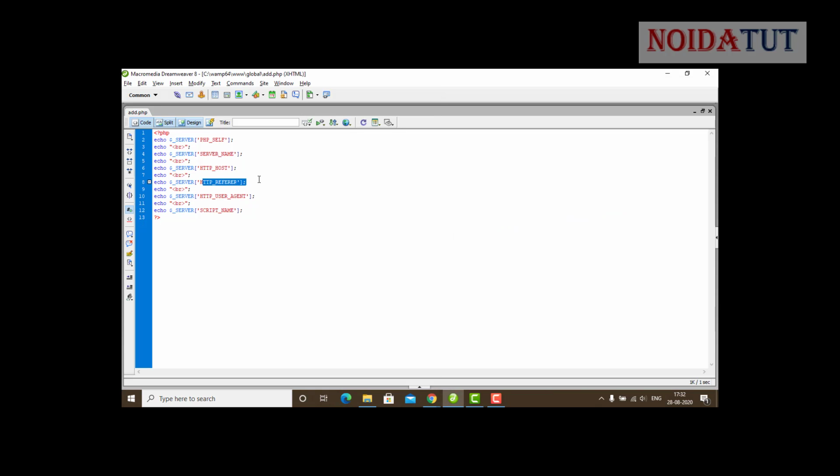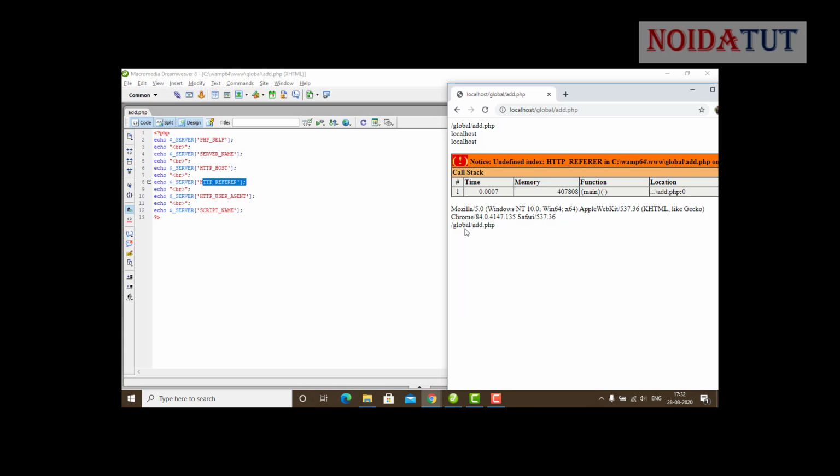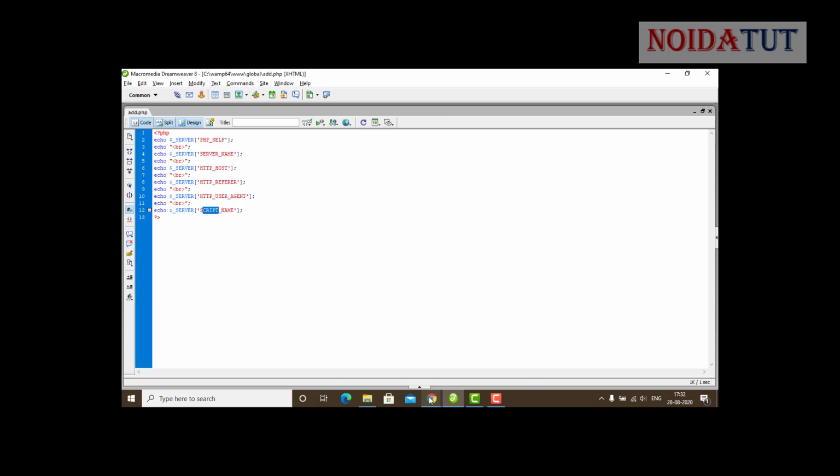Now referrer. Referrer is not working on this server because it depends upon the different version of PHP. I am going to elaborate on it further. Now HTTP user agent. This is what the user agent is. Now script name. Now let us see what happens.